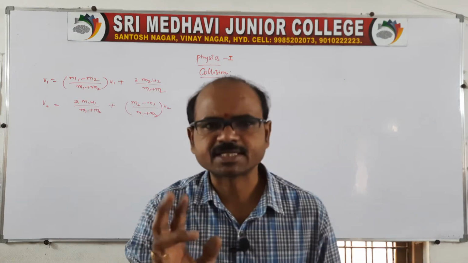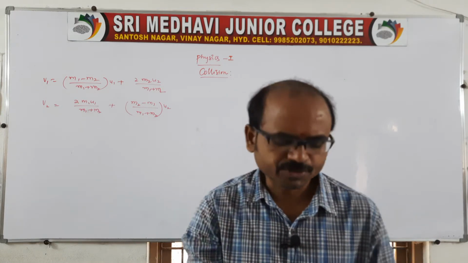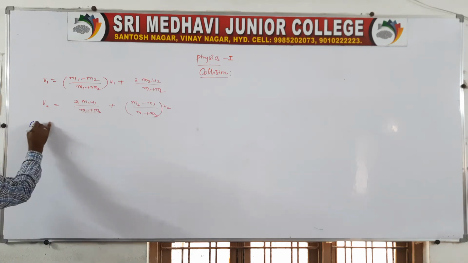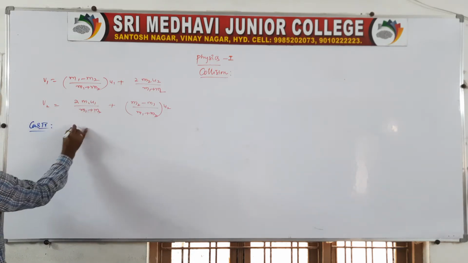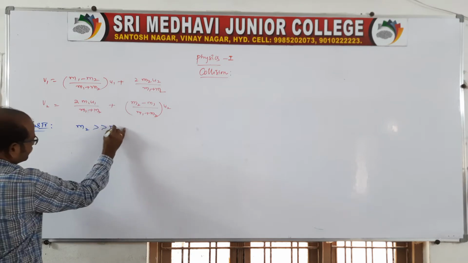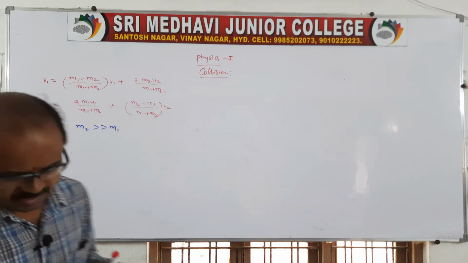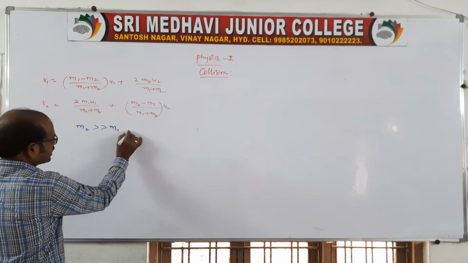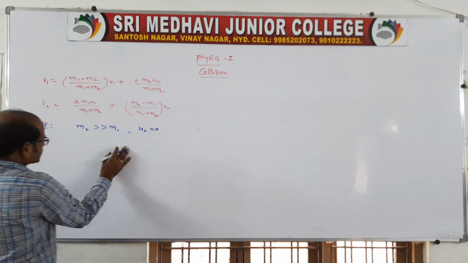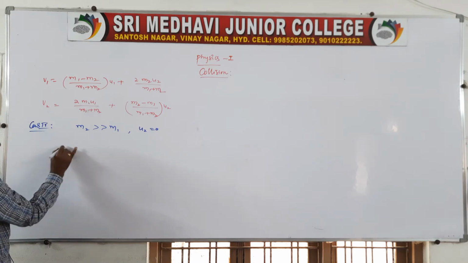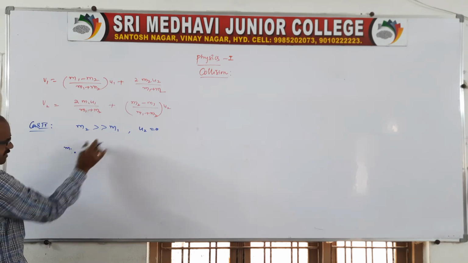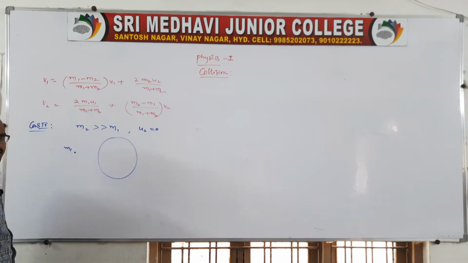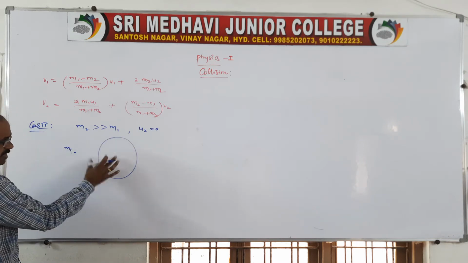In this we also discussed three cases. I would like to tell you the fourth case, a continuation. Case 4: suppose m2 is very much greater than m1, the mass of the second body is very much greater than m1, and the second body is at rest. So m1 you take as very small in size and m2 is bigger in size. In front of this it is very big.